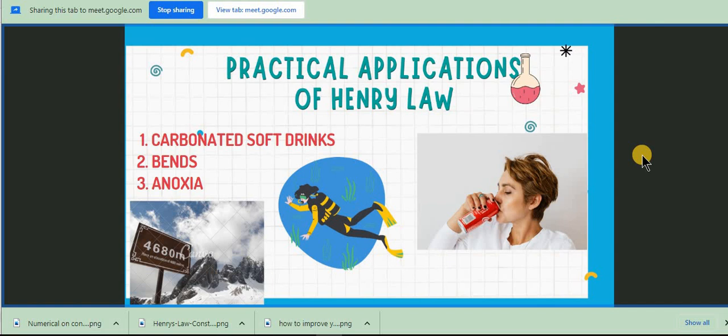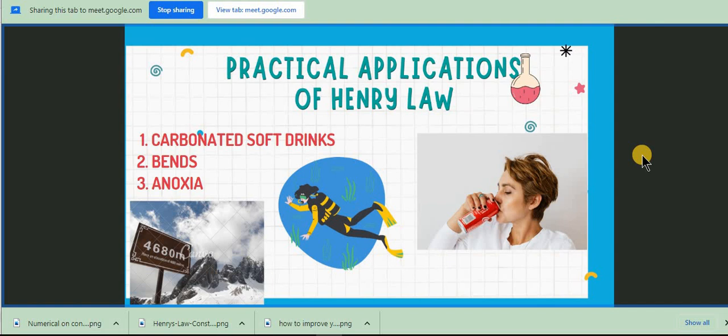So the nitrogen will be dissolved in the bloodstream. When the diver comes back, the pressure is decreasing, and vapors will be formed for that soluble gas, that is nitrogen, which leads to a painful condition and sometimes may lead to death also. That is known as bends. So nowadays we are mixing helium gas along with oxygen to prevent these types of